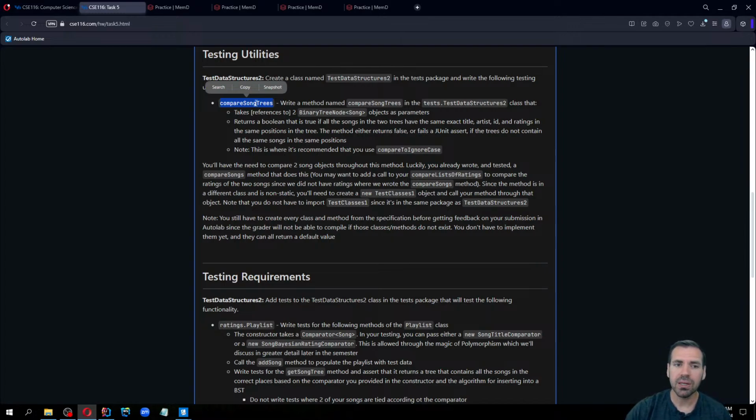But use your utility method to do your comparisons for you. There's a reason that we built all these utility methods. It's to make your testing a lot easier, so you don't have the issues that come up. It's usually students who want to shortcut the testing. They want to save time, and of course, as always is the case, they end up wasting more time